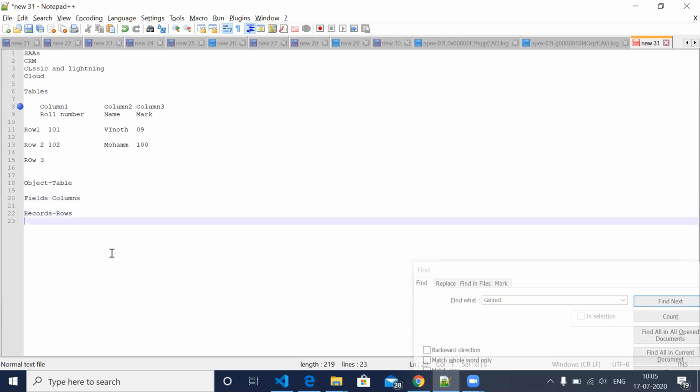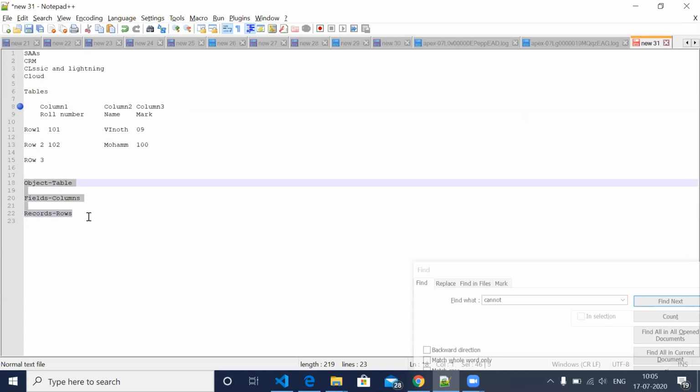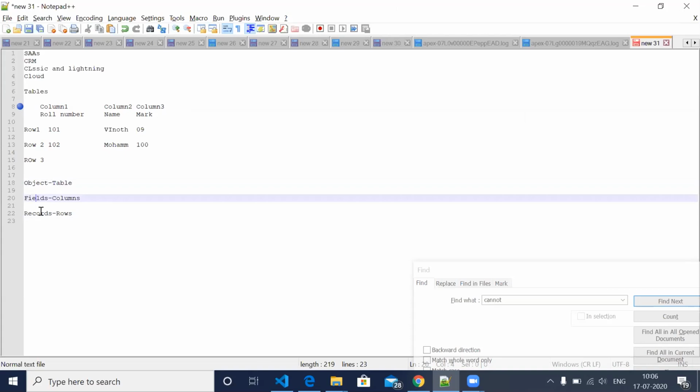So these are the three basic understandings of Salesforce: what is an object, what is fields, what is records.